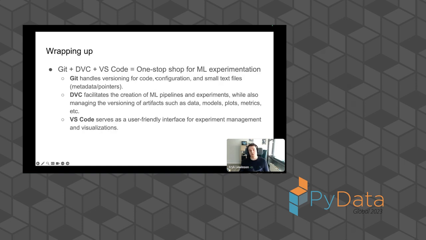So yes, Git combined with DVC provides an efficient environment for machine learning experimentation. With Git, we version code, configurations, and any small text files such as metadata pointers. With DVC, we can version all the other artifacts. This includes data, and also create reproducible pipelines. And lastly, with the VS Code extension, we get a user-friendly interface for experiment management and